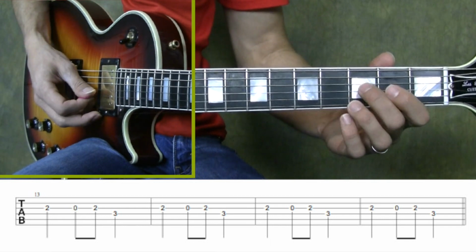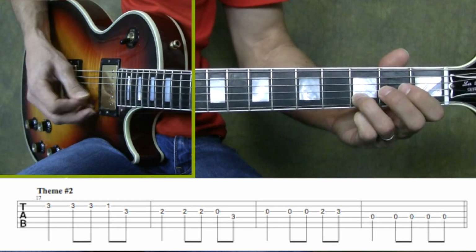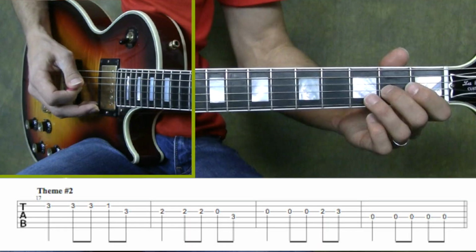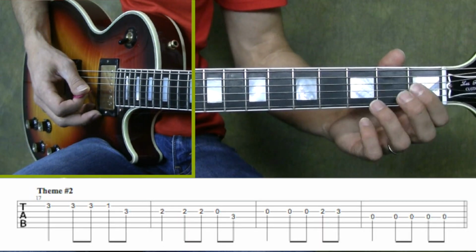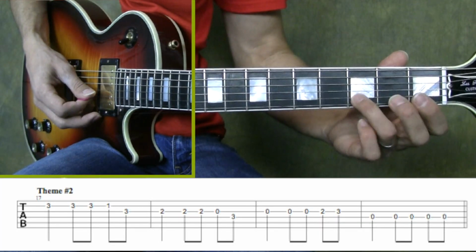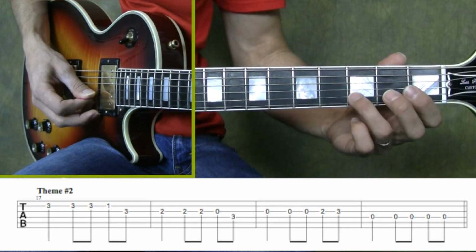Excellent. So here's theme 2. All right, so for this theme, we're moving back to the first position. We're going to start with our third finger on the second string, playing a series of 3s